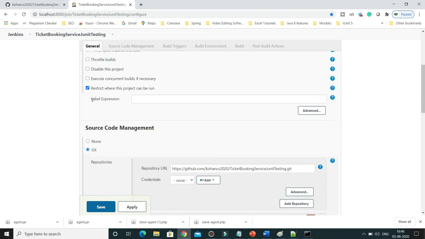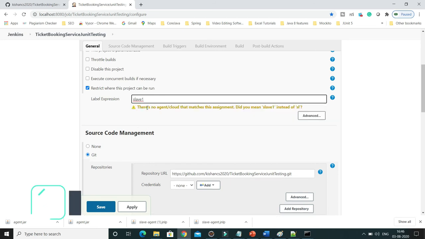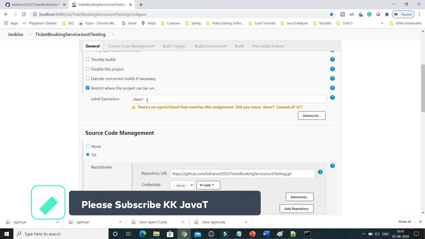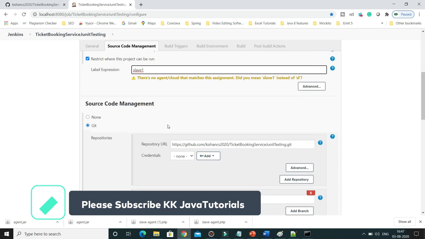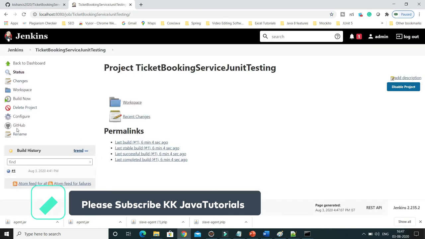Check this, and here we can use slave 1, which we have just created. Now apply, save, and click on build.